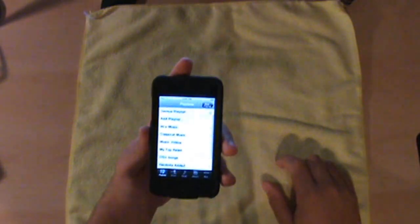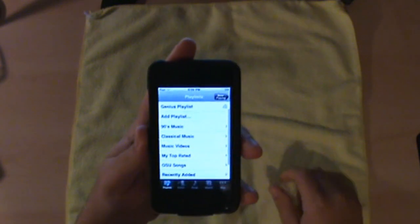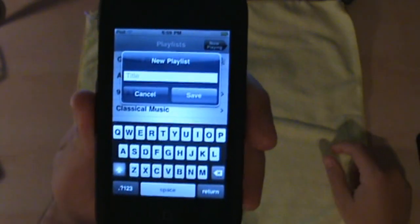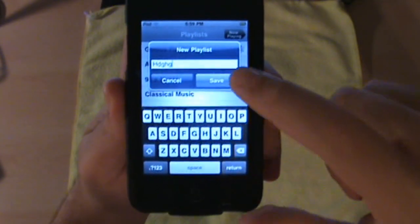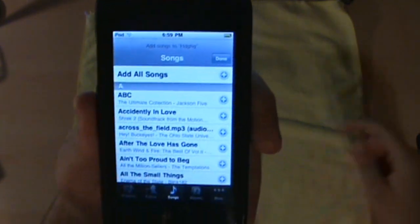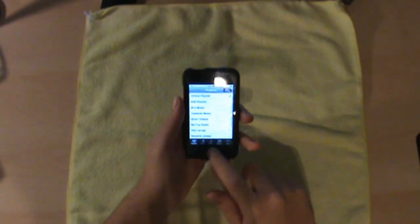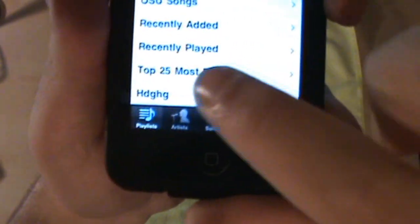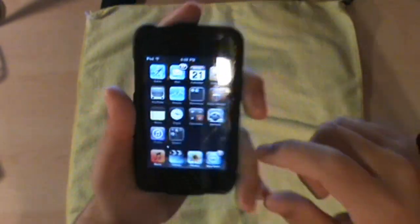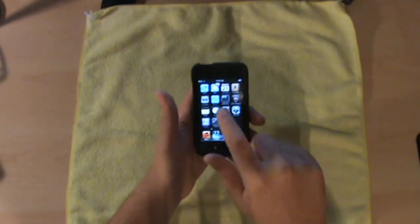I'll go to my music right now. You can make playlists on iTunes, but now, you see I'm in playlists. You can make playlists right here. Add a playlist. Let's type in random letters. Save. And then you see this says add all songs. I can choose which songs to add, and add them right in, and press done, and you have yourself a new playlist. See right down there, it's the playlist I just typed in. Nothing in it, but it's pretty nice. You can make playlists on the go instead of using iTunes. Another big upgrade,